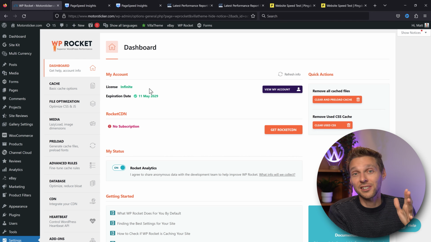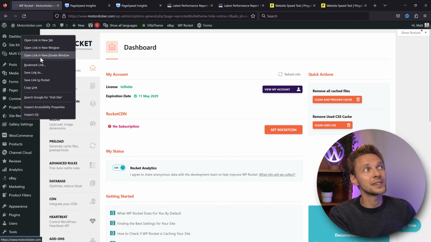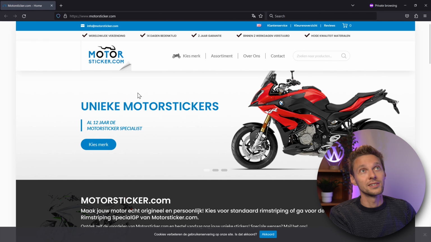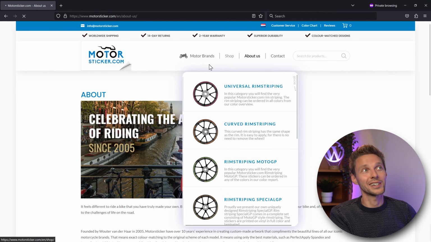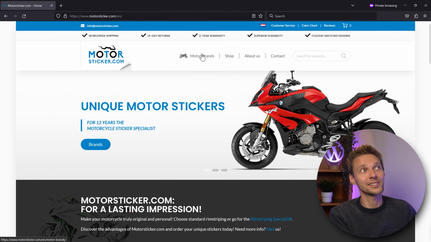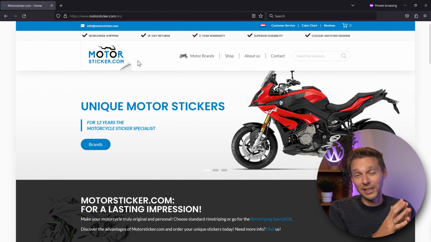And of course the tests are nice, but does it feel faster? Let's go over to your website and open it in a new private window or incognito screen so you're not logged in. Open it. Wow. This went really quick. I like this. I used to wait for, I don't know, 20 seconds or something, but I can just click around this and it actually works. This is excellent.